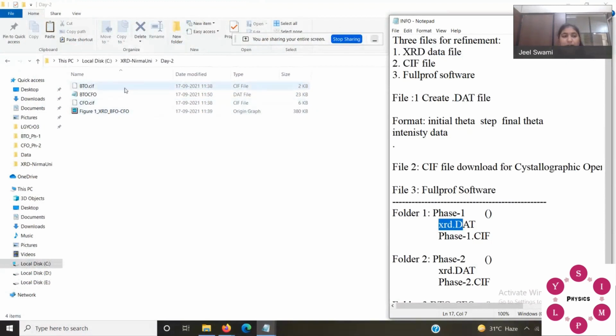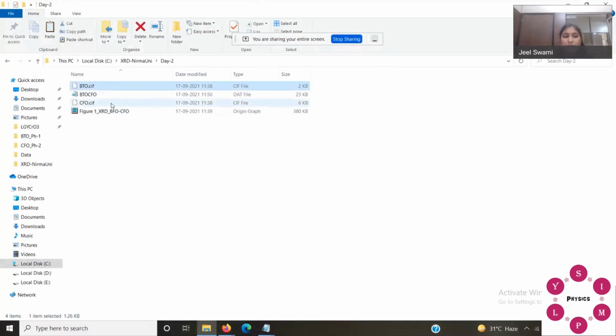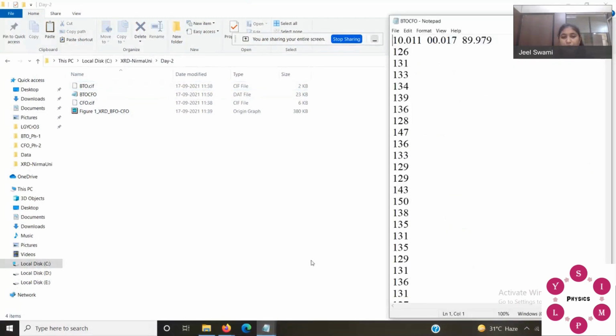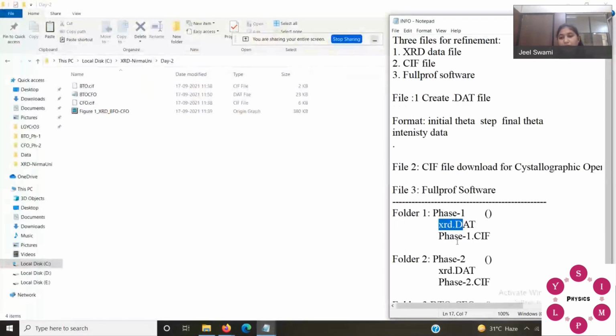I know that I have two phases, BaTiO3 and CuFe2O4, so I name them BTO and CFO. Now you have to make two separate folders. First, you match the first phase CIF file with your XRD data in the first folder, and then the second CIF file with your XRD data in the second folder.